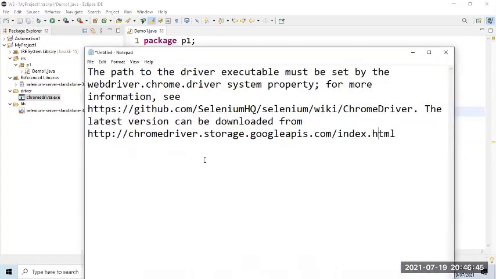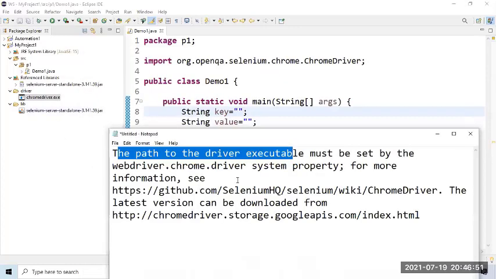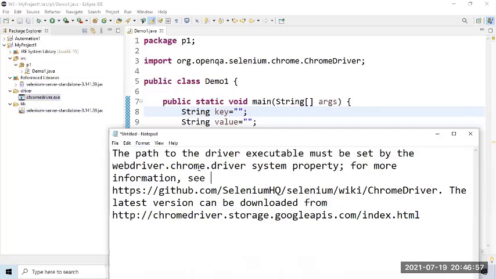Now, what is the key? For that, you have to look at the exception. What does it say? Path to the driver executable. Which one is the driver executable here? Chrome driver.exe. What should we do? We should set the path. Using what? System property.